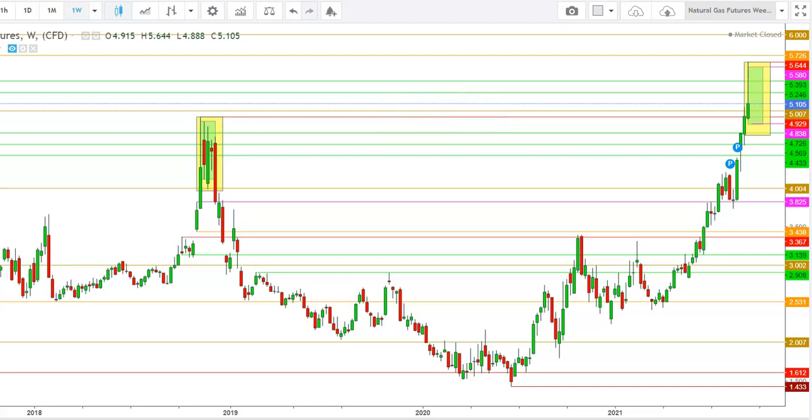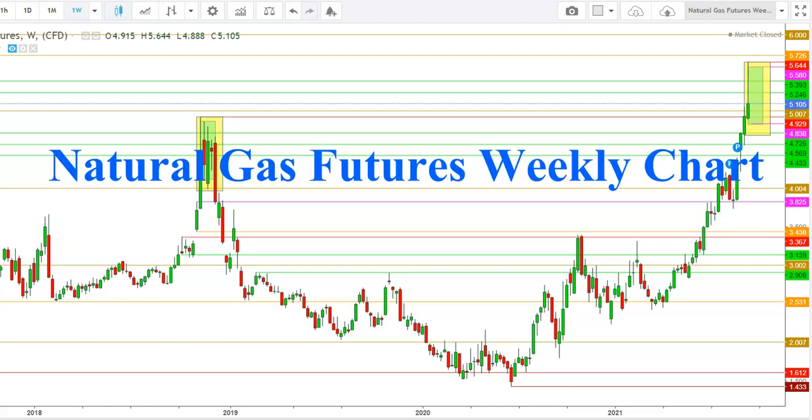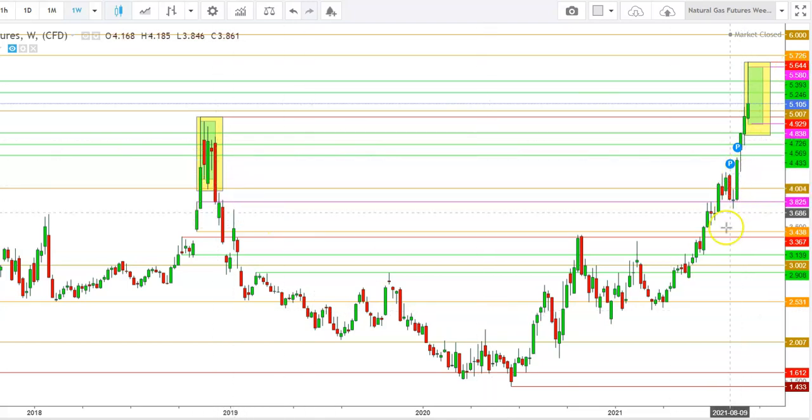So let us start the day to analyze the movements of natural gas futures in different time frames. So friends, here you can see a weekly chart of natural gas futures. Here you can see that the natural gas futures have been repeating the moves they had during the year 2018. As we can see, an uptrend started from September 2018 when